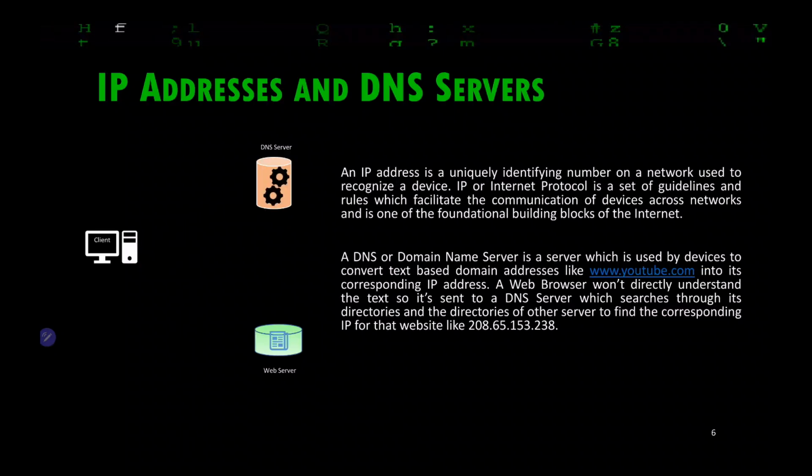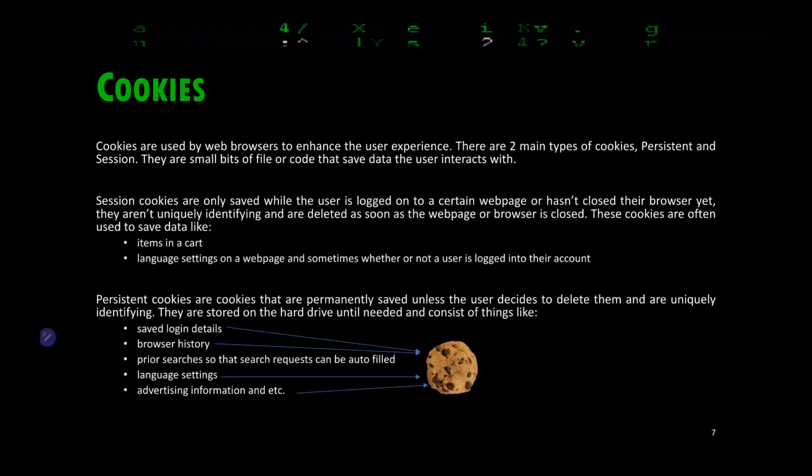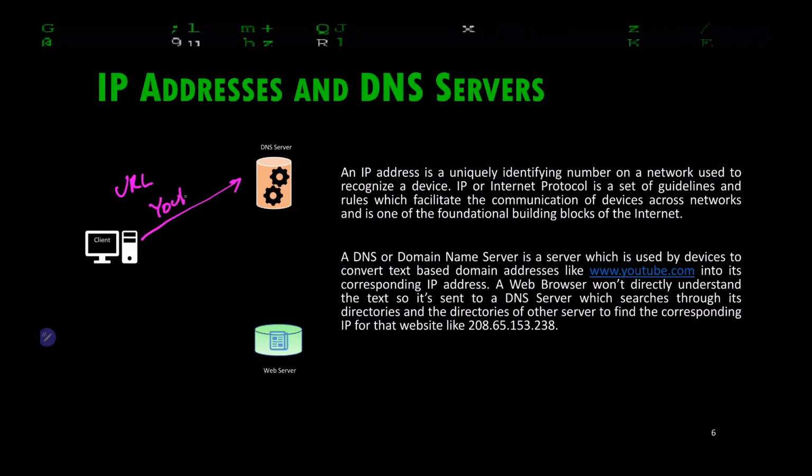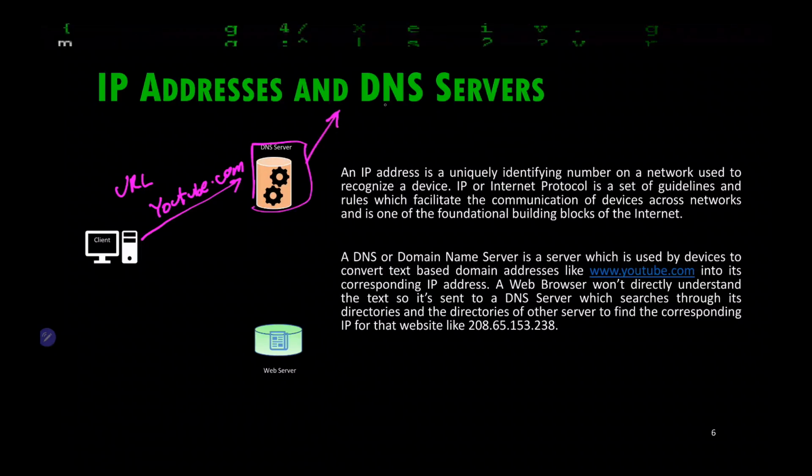The DNS server checks its own web servers if youtube.com is available. Sorry, I think this animation is broken, so I'll just explain it without. What happens is, using your URL, you send in youtube.com, for example. The DNS server looks through its databases,